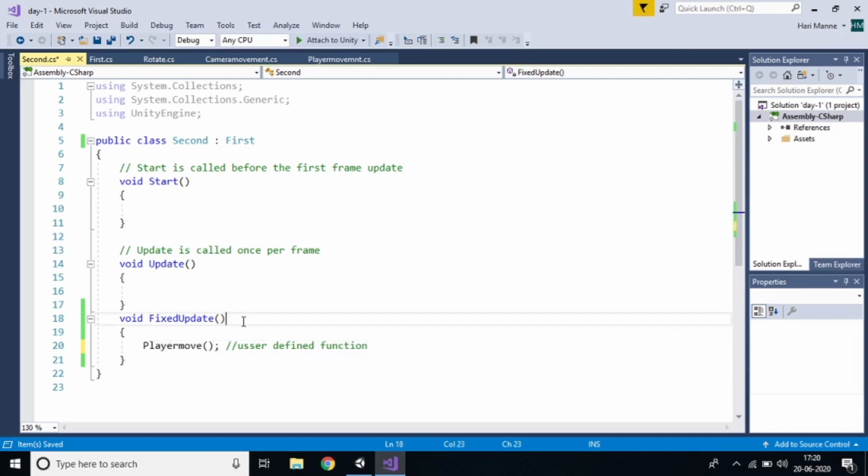It's in a predefined function. We all know about FixedUpdate. Actually, Update has two other types: FixedUpdate and LateUpdate. So you can see it's a predefined function. By using this, we can call the first script from the second script. This is a very simple task.